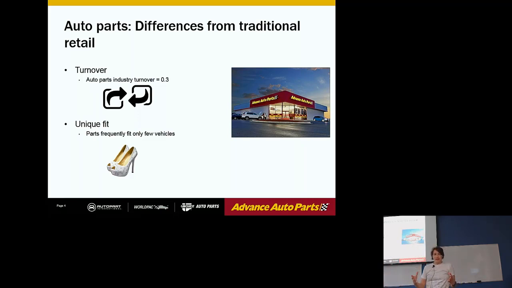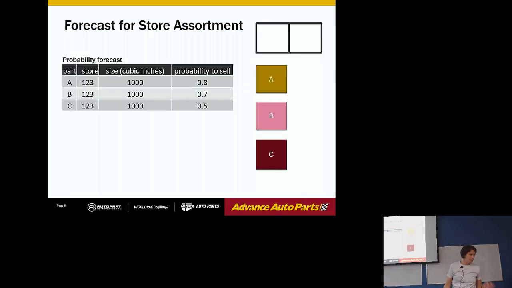So given all that, as you can see, that store is not extremely large, so we cannot fit everything into that store. We have to come up with a very optimal assortment. What should be in that particular store in Chapel Hill that is responding to the needs of the customers nearby? So this is exactly what we're doing.